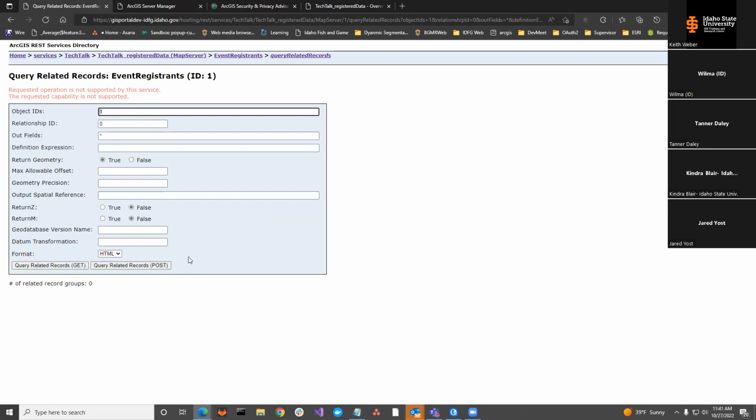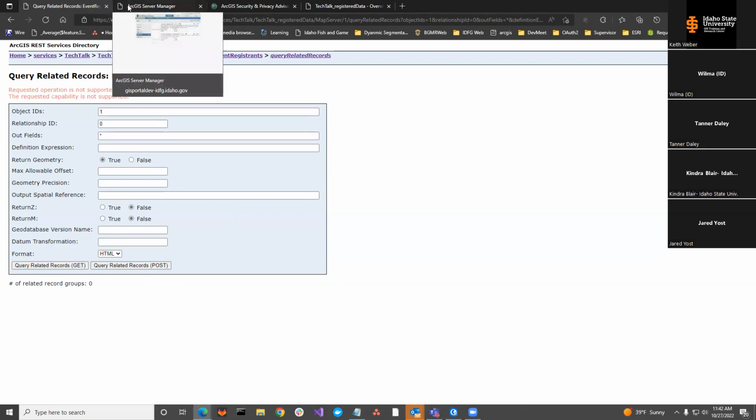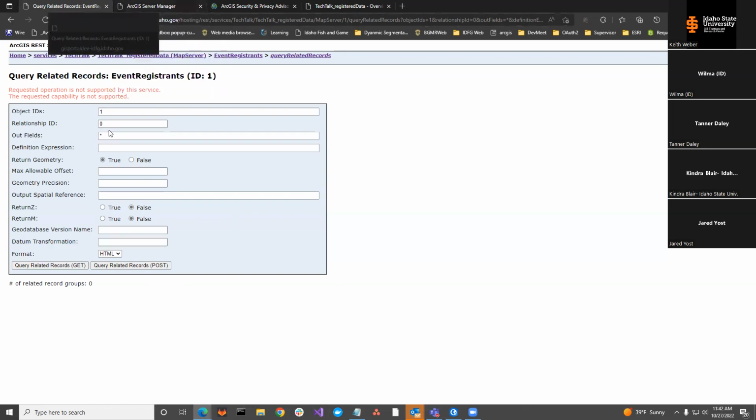When you're verifying the security position for your own servers, this is something you want to check: that even though you have query and data capabilities turned off, you're still not able to query related records. Because what I was seeing previously was I could still get to that PII data, even though I had turned off those query capabilities. So something to point out, but at this point, it looks like this exploit's been patched, which is a good thing. Not good for my presentation today, but in general, a good thing for all of us as users of